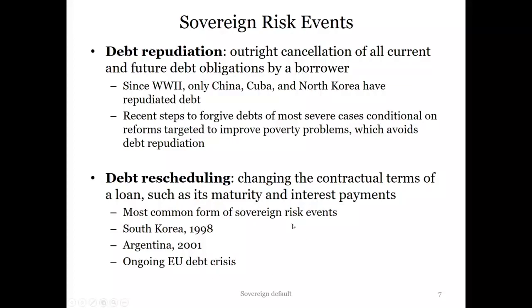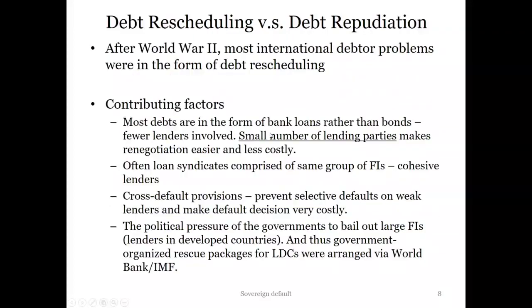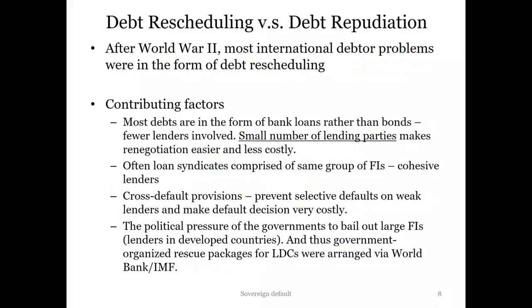And most of the time, when a country finds difficulty repaying their debts, they announce a debt rescheduling, right? That means they talk to the lender and say, hey, I'm not able to pay the debt. Can you give me some concessions? Give me some time, right? So they negotiate the terms and reschedule the debt payments. Most of the sovereign debt defaults we talked about just now end up being renegotiated and rescheduled, right? So that's just a little bit different forms of sovereign risk.